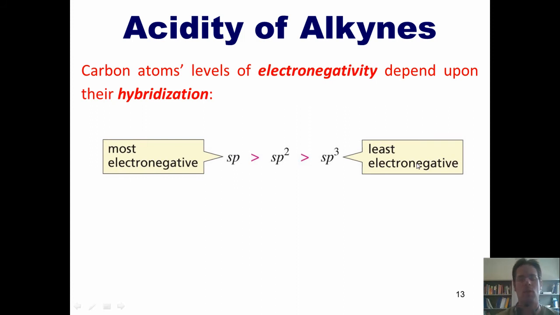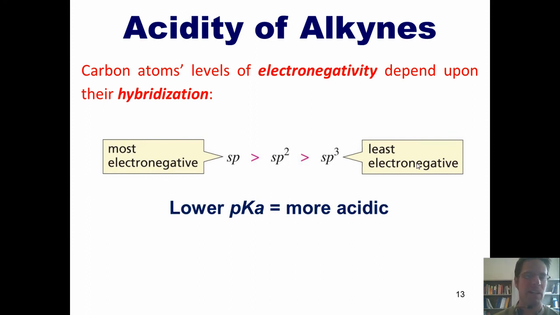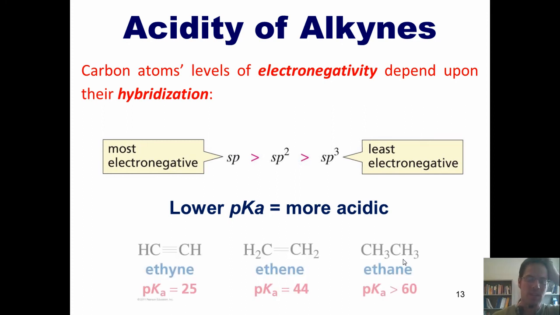Now this prompts me to remind you of something I taught you back in Chapter 1, where you might remember me talking to you about something called a pKa value, which are numbers that are used to reflect a compound's acidity. You might also remember me telling you that the lower the pKa value of an acidic proton, the more acidic that proton is. With that said, I'm now going to show you the relative pKa values of alkynes versus alkenes versus alkanes. As you can see here, alkynes have pKa values of about 25. What that means is that these protons here and here, which are bonded to the sp hybridized carbons in this